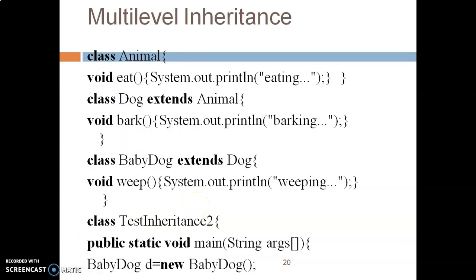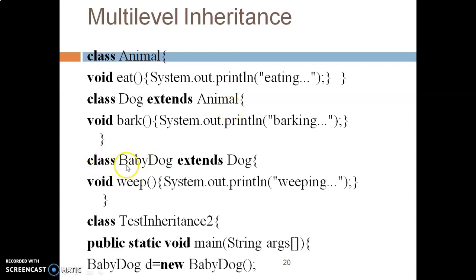Multi-level inheritance, you can go the same way, only the type of superclass changes. The next derived class becomes the superclass for the next child class. Here the class is animal, and inside the class animal there is a function eat. We created a new child class dog, which is extended from the parent class.